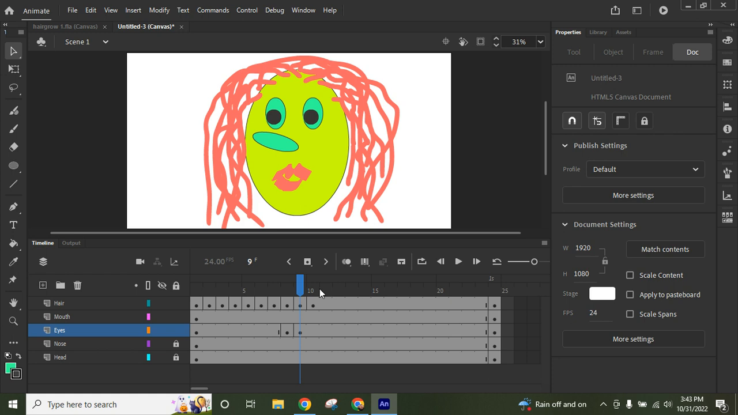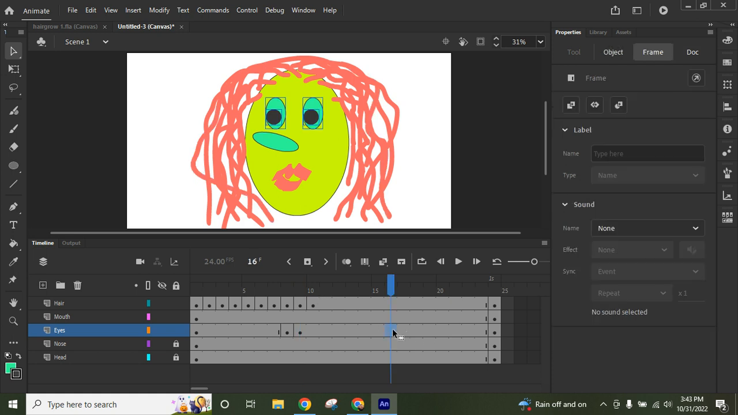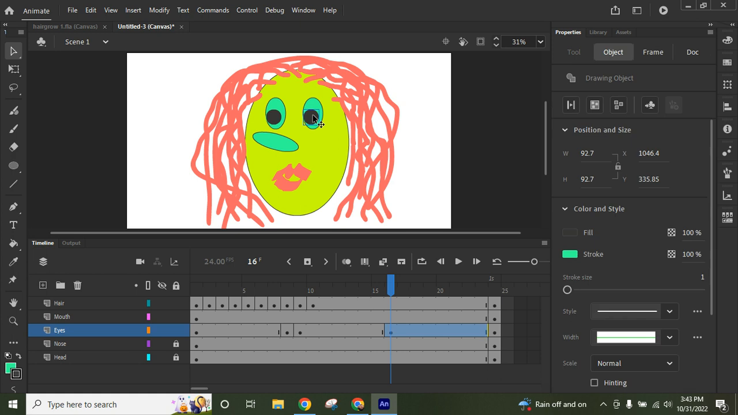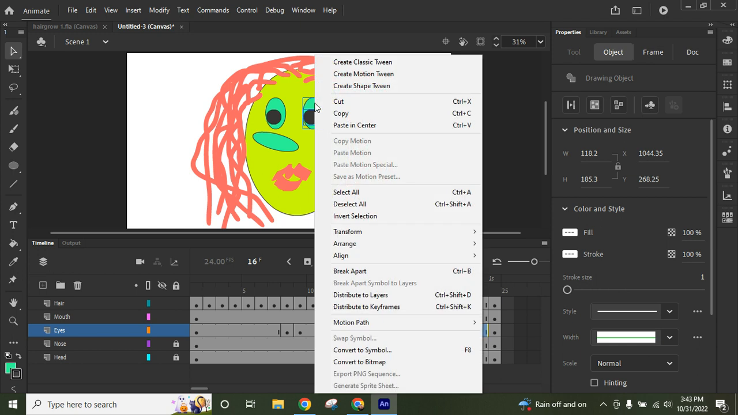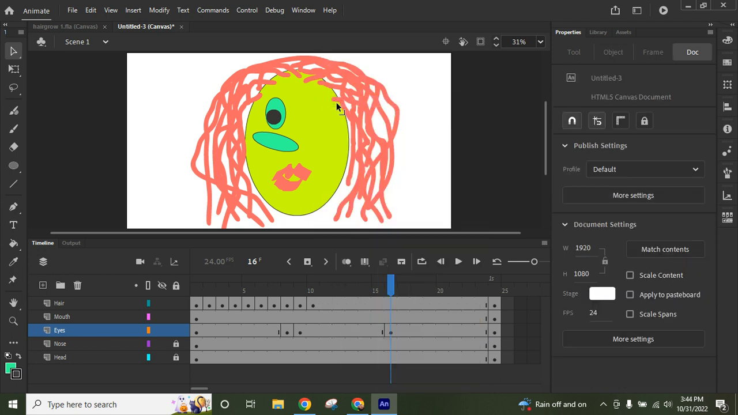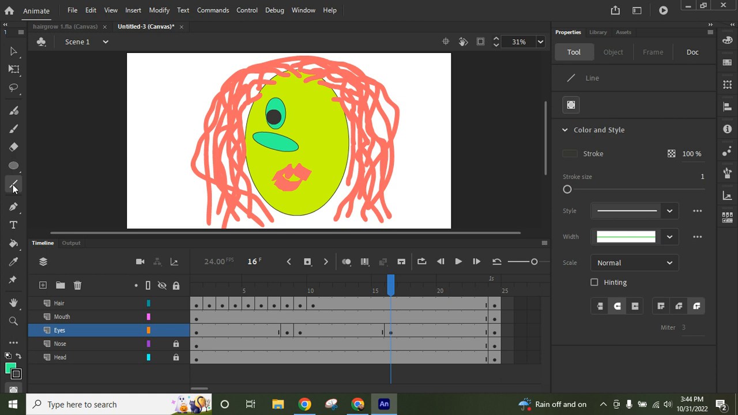All right, let's have the other eye blink also. And I'm going to head to frame 16 or so. And yours doesn't have to be exactly the same. And I'm going to insert a keyframe. And I'm going to do the same thing. I'm going to select this eye, holding shift to select multiple shapes. And I'm going to cut that shape. So cut, get my line tool again,